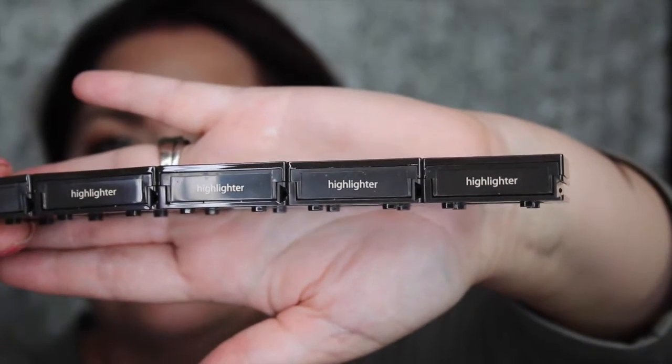So the outside says highlighter there instead of eyes. And they pull apart like the others. They have the little mirrors on the inside like the others, which is very interesting to me. I'm not sure. It's kind of gimmicky, and it kind of makes the palette like